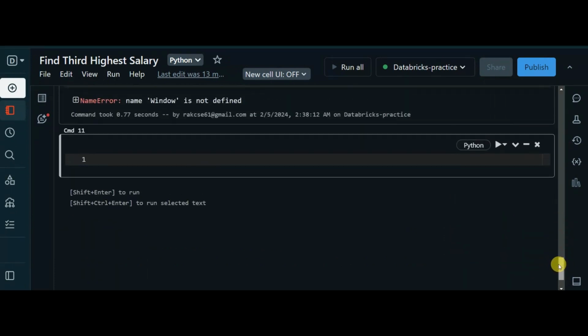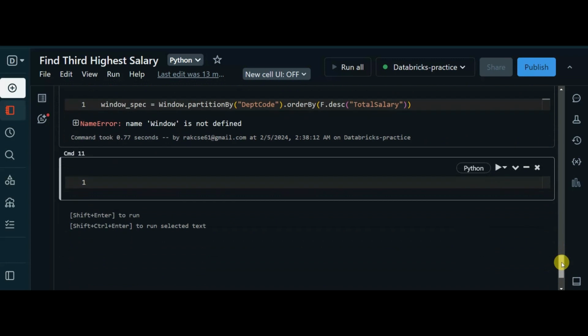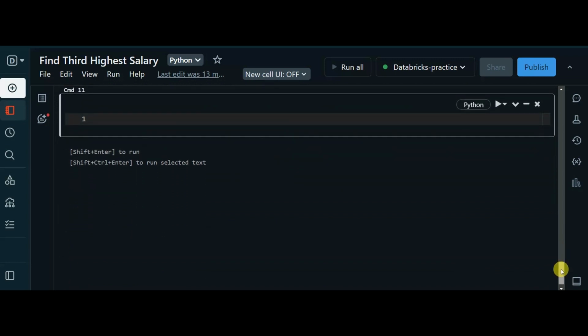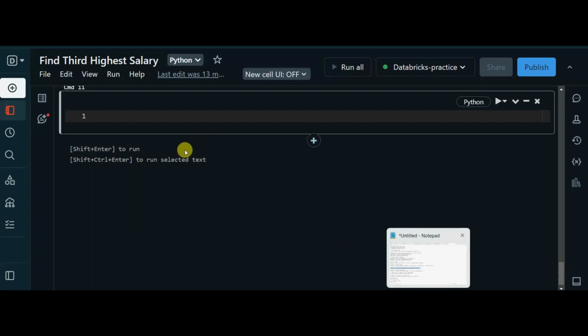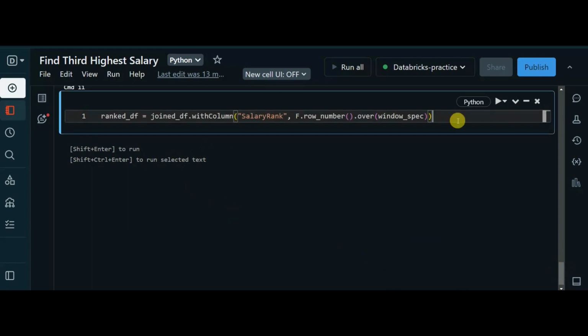So we have created the window specification, and now we are going to create the rank data frame to give the ranking to the salary there. So now I have created this rank data frame to join. We have just added a column there, salary rank, and before executing this, we need to import